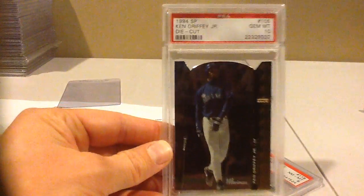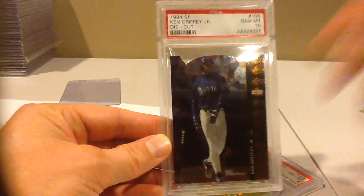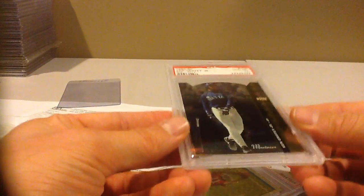I did a video on how I look my cards over, and I have a lamp that shines down, and I take the card like this and move it like that to look for surface scratches. Just kind of move it like that. And something else I'll do is, especially for chrome cards,